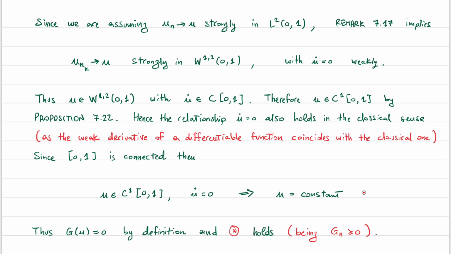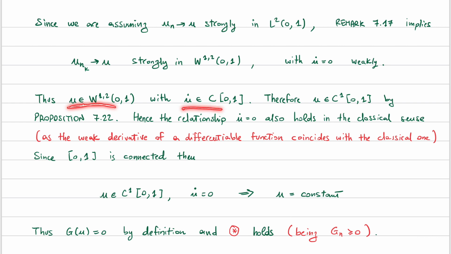And now, this in particular is telling you that u belongs to W^{1,2}(0,1), because you have strong convergence in W^{1,2}, and so u̇ belongs to W^{1,2}. And also it's telling you that u̇, the weak derivative, is continuous, because it is equal to the constant function 0. And therefore, in particular, u belongs to C^1 by Proposition 7.22, which was telling you that if u